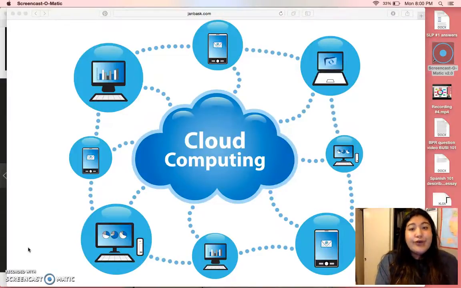This just goes to show how many individuals rely on cloud computing, because a real world example of this is Google Drive. Google Drive provides Google Docs, Google Sheets, and Google Slides. You can use Google Docs through your devices such as a tablet, iPad, or smartphone because there are individual apps to use this. You just simply put in your ID, your email that you use, and then you can access it.